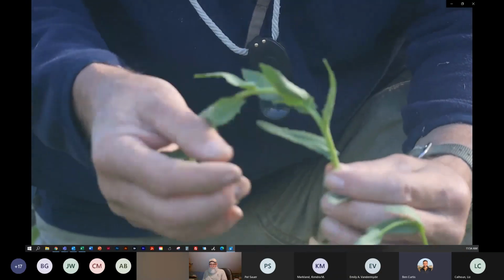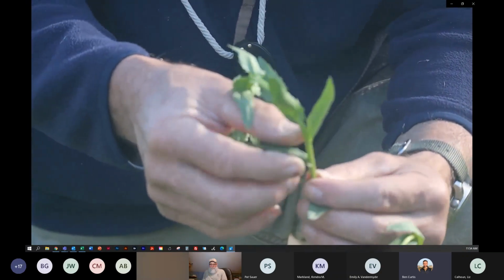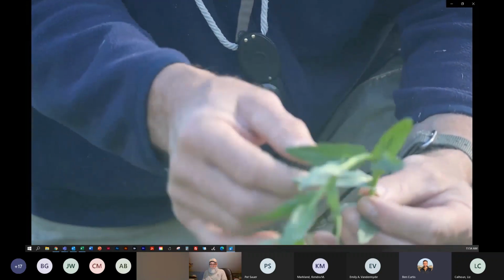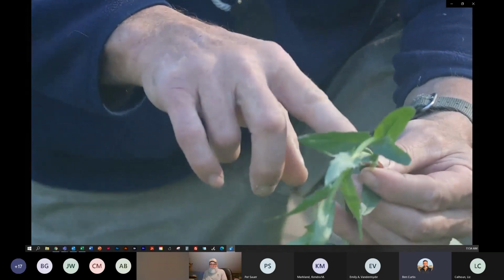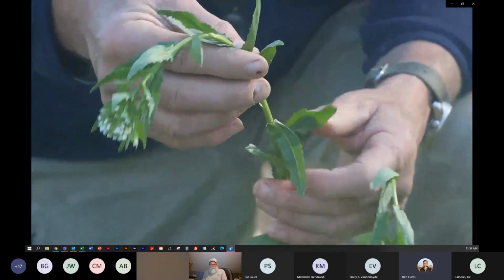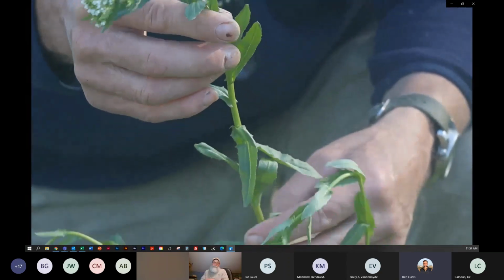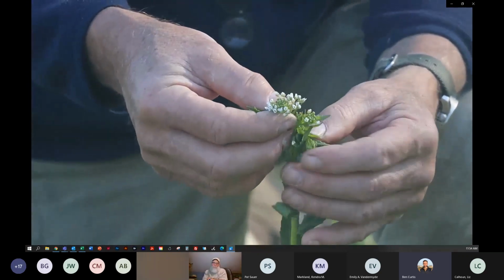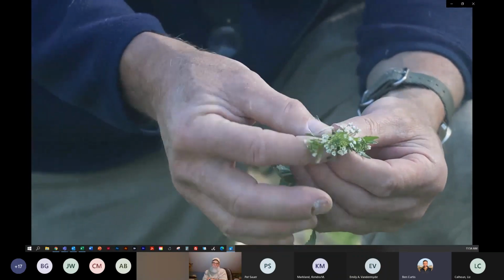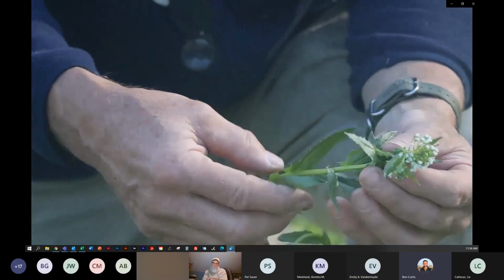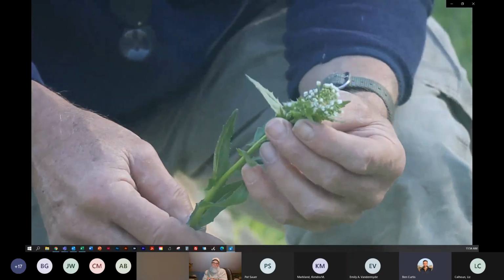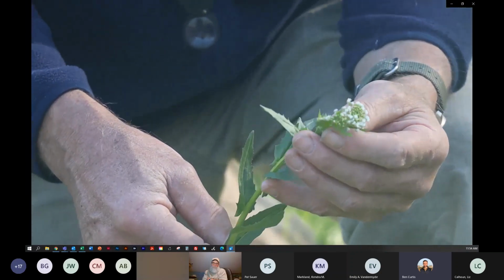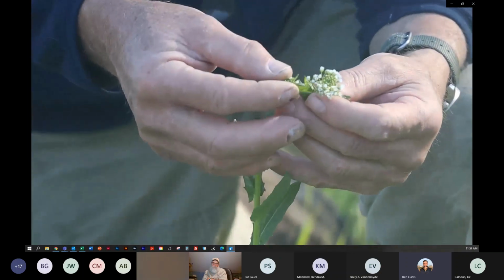That's called auriculate clasping. So whether the leaves are clasping like these are, or whether they're not, they would not be clasping if they had a little petiole there. That's an important characteristic. Then for most of the time for the mustards, it really does help to have the fruits. Now we don't have any fruits yet here, we just have the flowers. But most keys, if you're going to be using a key, would probably make reference to the types of fruits and the size and shapes of those fruits.